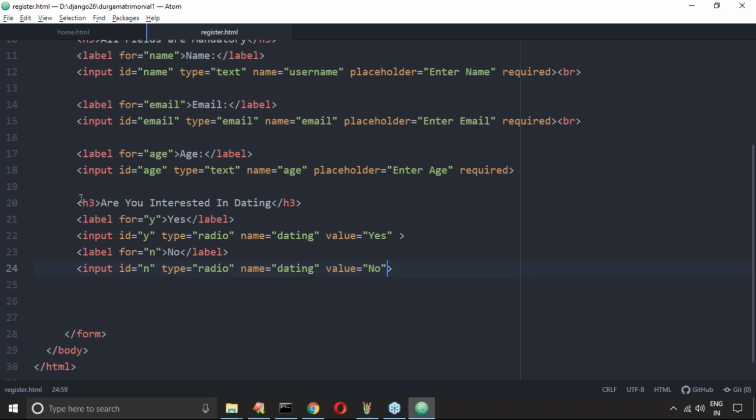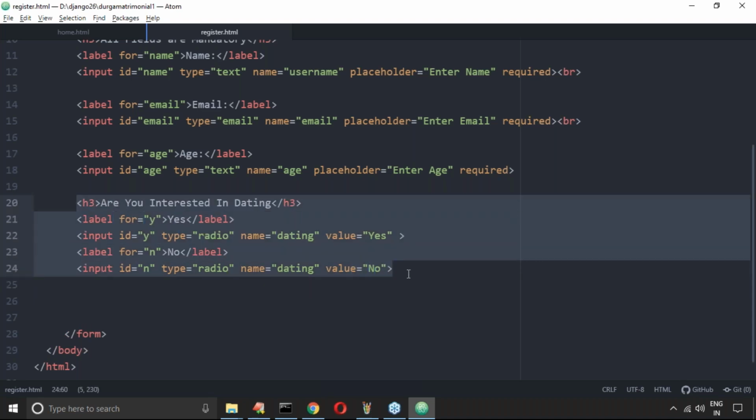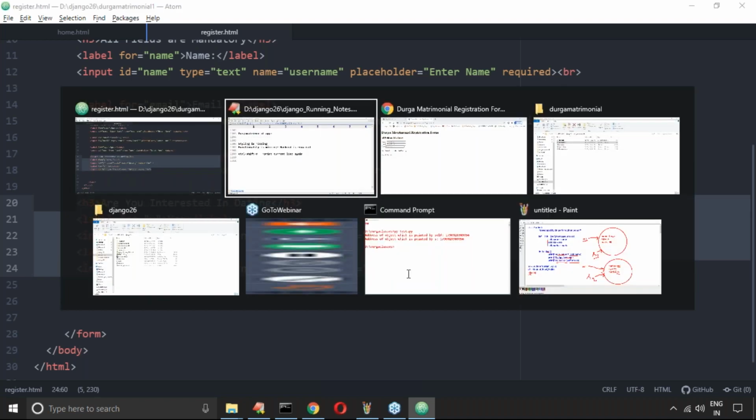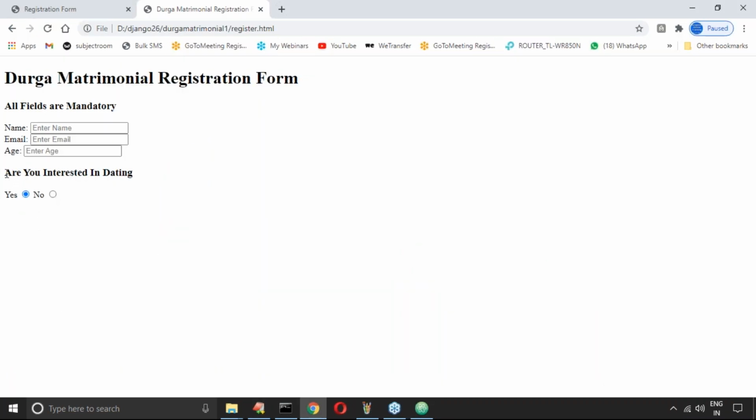Sir, any doubt about this radio button functionality? Can you please observe the thing? This is the H2 tag or H3 tag. Next, yes is the label, no is the label, but both belong to the same radio button. That's why exclusively you can select only one value.